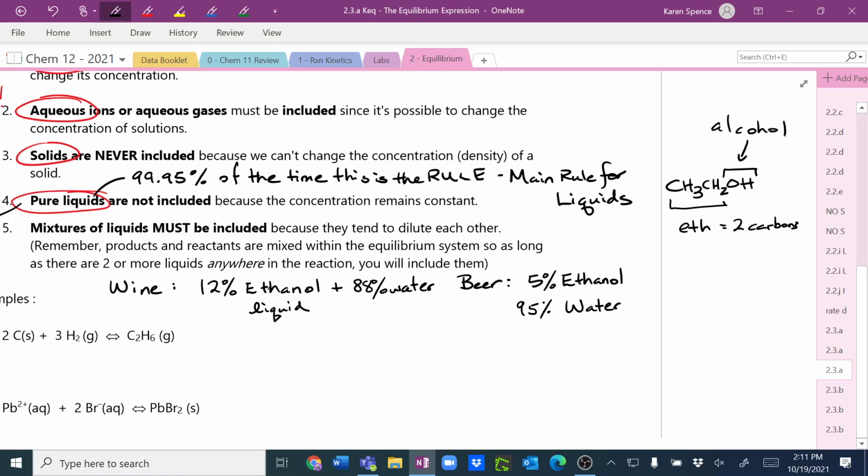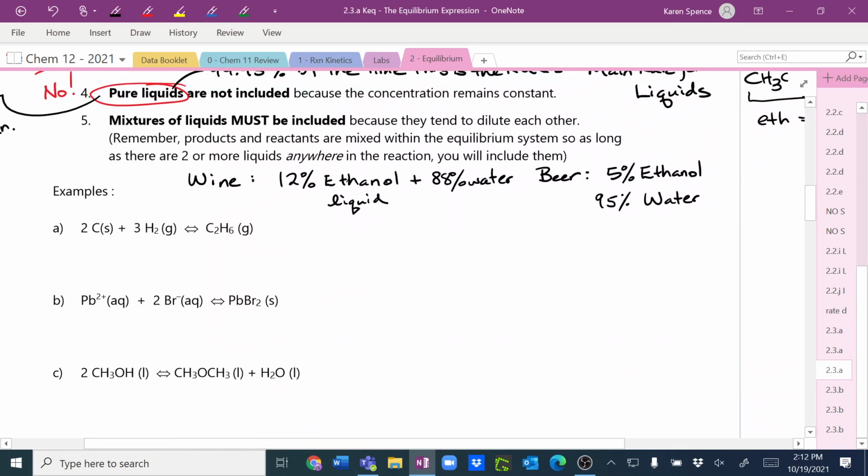All right. Now, if we're going to finish this lesson, I need to stop giving public service announcements and say, if we have two liquids in our system, doesn't matter if they're a reactant or a product, what matters is that they are in the container, because are my reactants in a different container than my products? No, so they can dilute one another. So if I have more than one liquid, I do include it in the KEQ expression, okay? All right,